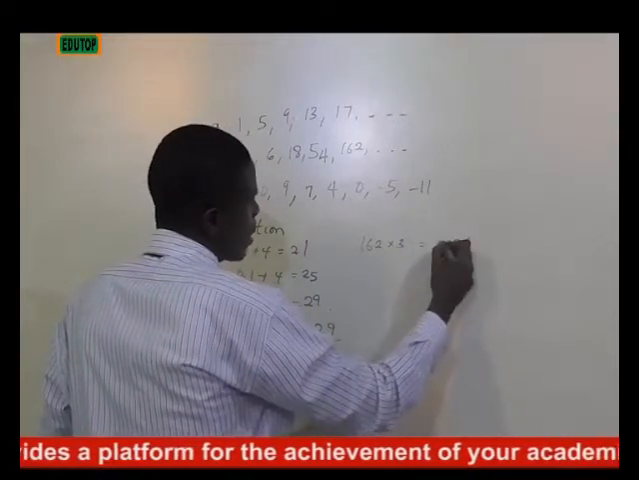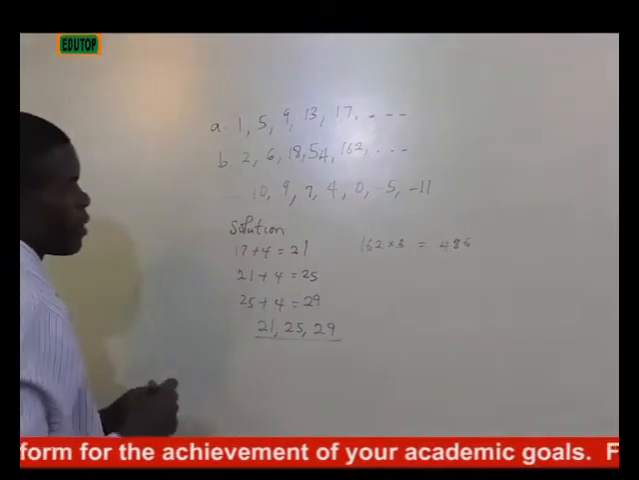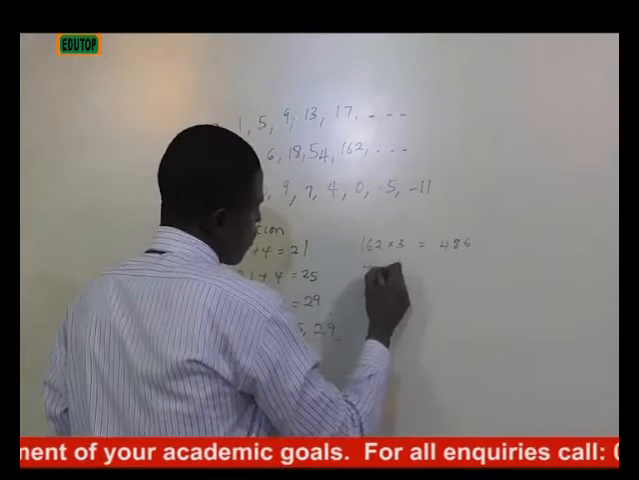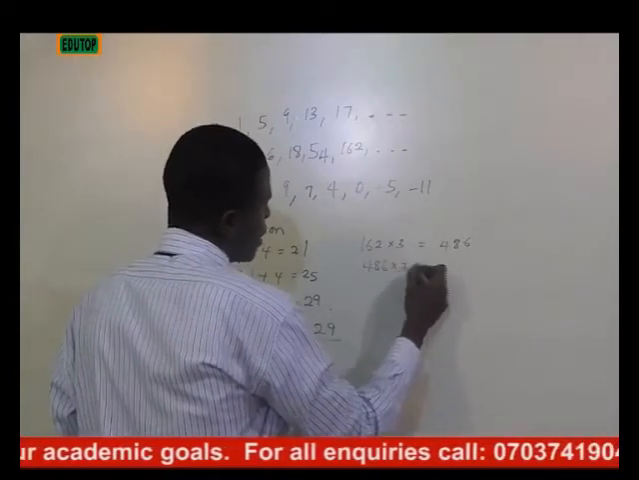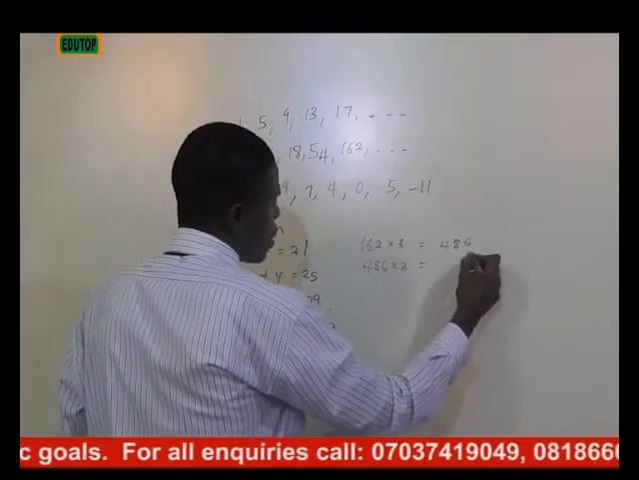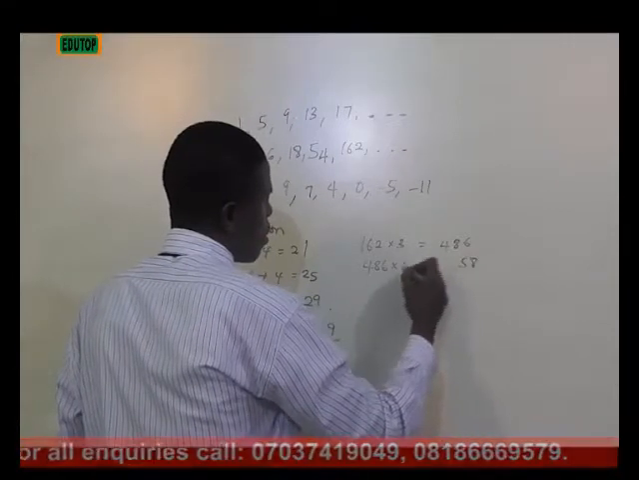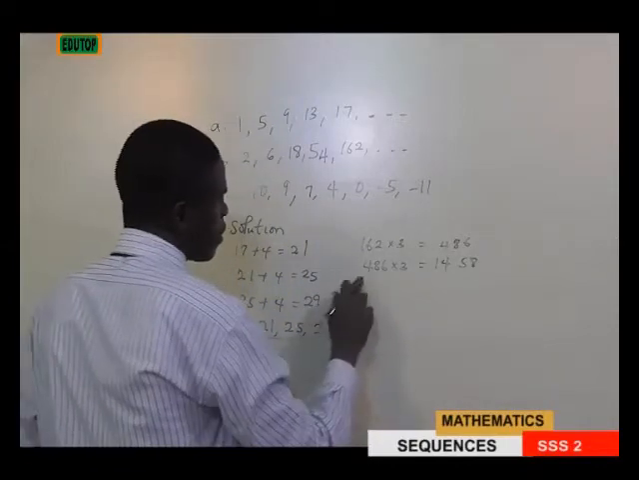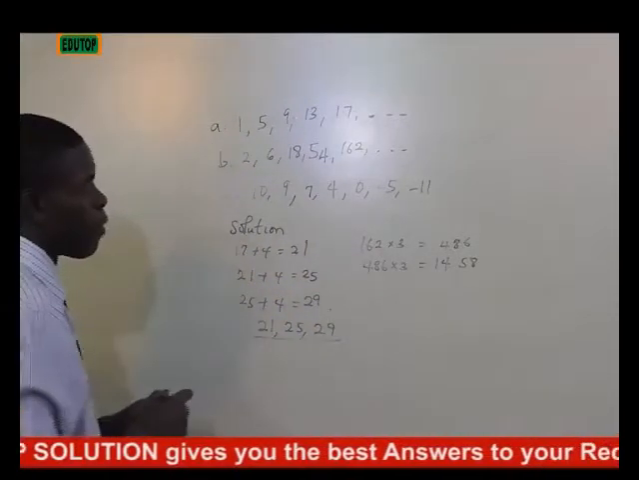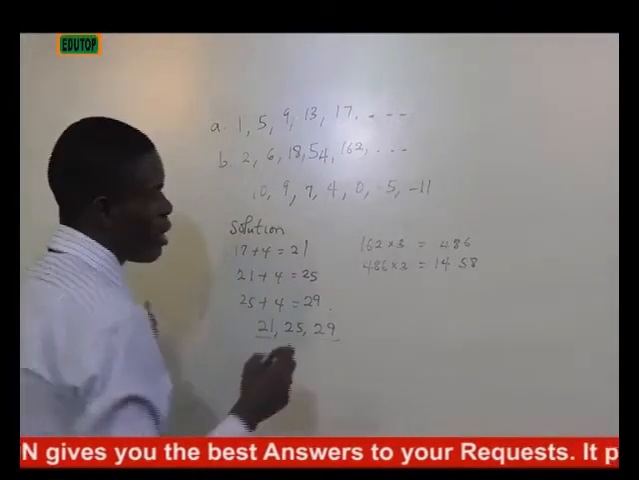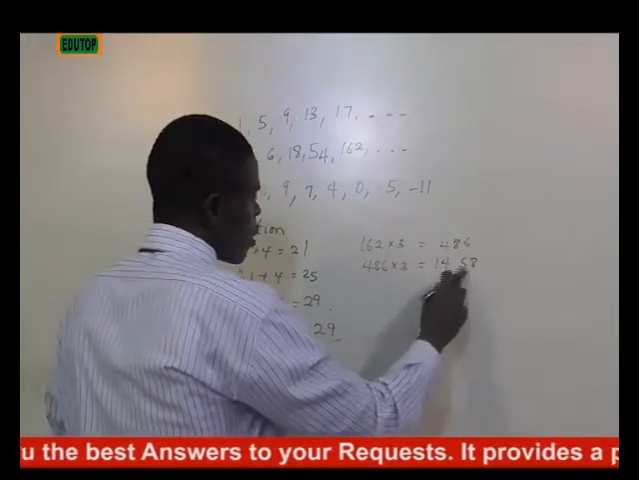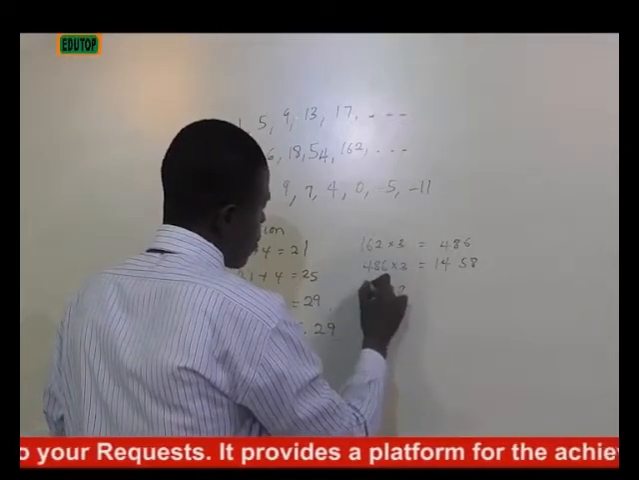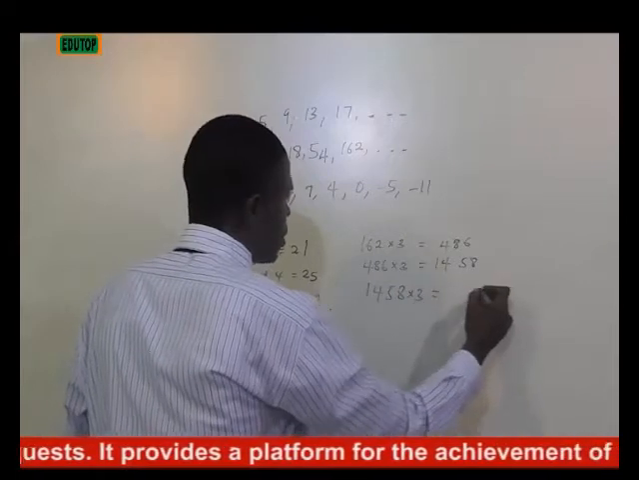486. While the next one will be 486 multiplied by 3, and that will be 1,458. Then the next one will be 1,458 multiplied by 3, and that will be